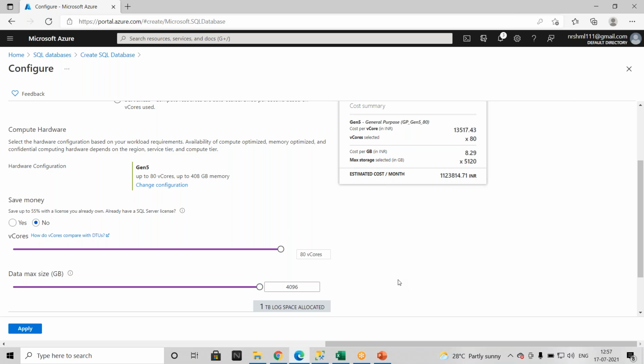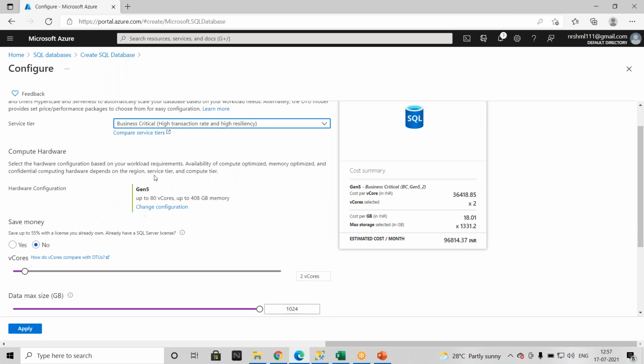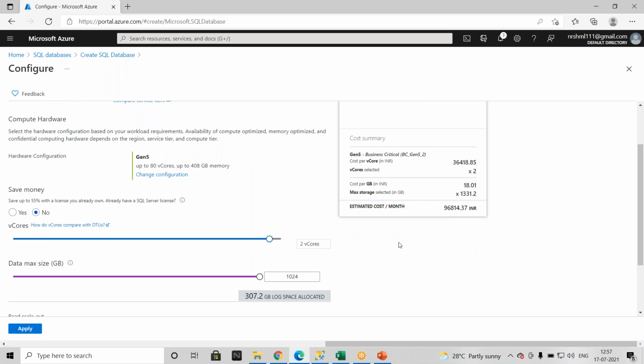Out of 4 terabytes, your log file size will be 1 TB and the remaining 3 terabytes will be your data files. When you go for business critical, you can go up to maximum 80 cores and your database size can be 4 terabytes.